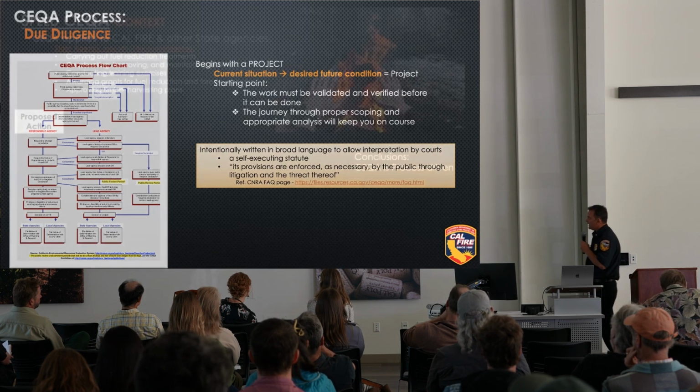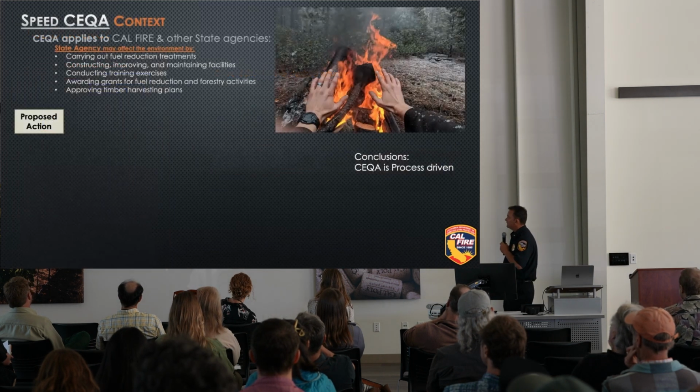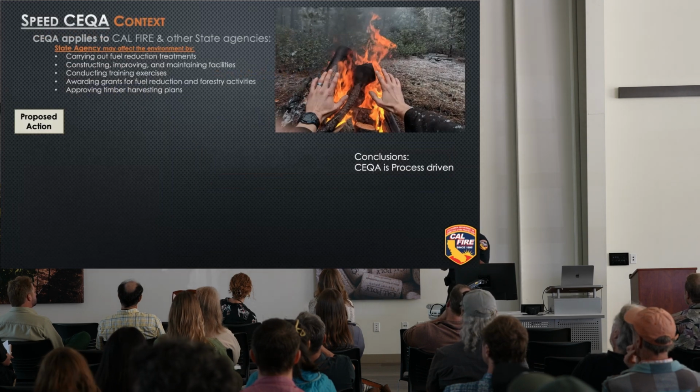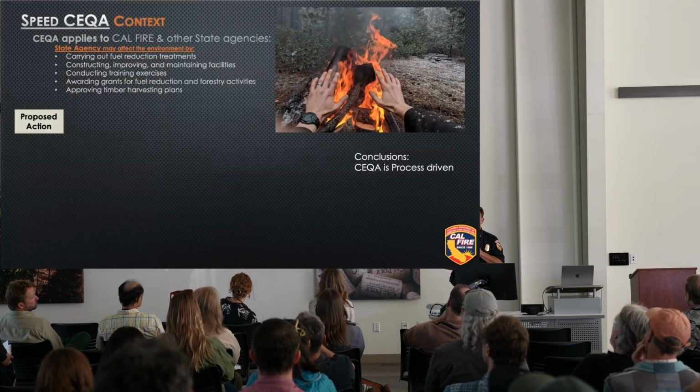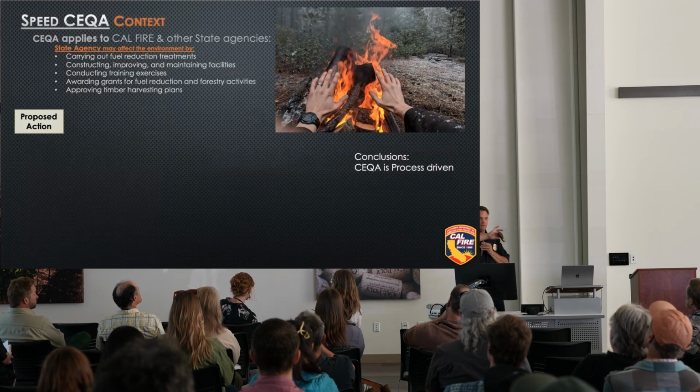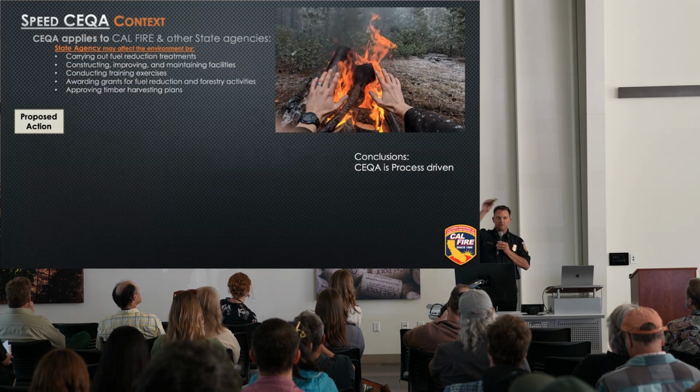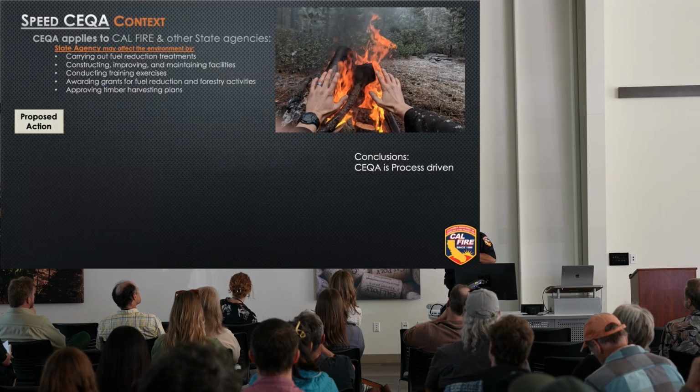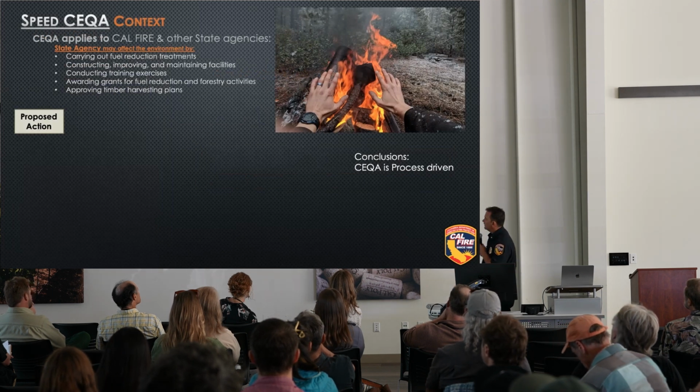And the Cal VTP is one of those programs, the Programmatic EIR, Environmental Impact Report, that allows us to skip ahead and go, this is the tool we're going to use. Okay, we've done the analysis. Here we go for the activities, right? And part of this